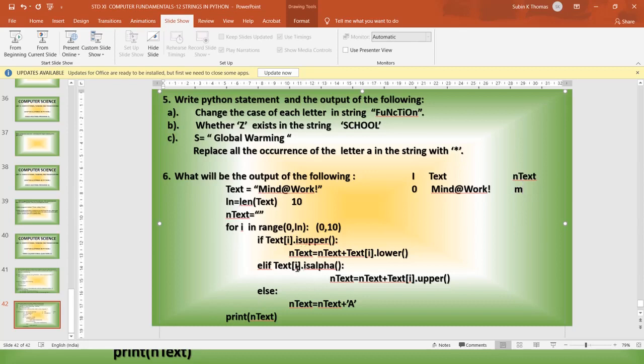Now, see that the condition is true, so it will not go for the else part. Next, the for loop will be updated. Now you are under the indentation of the for loop, and automatically the for loop will be updated a second time. Now again you are checking text of I, text of I means text of